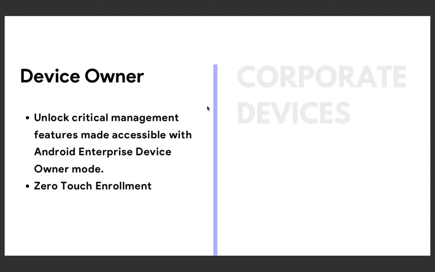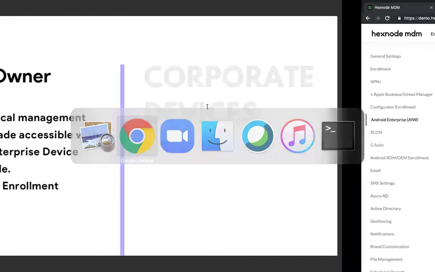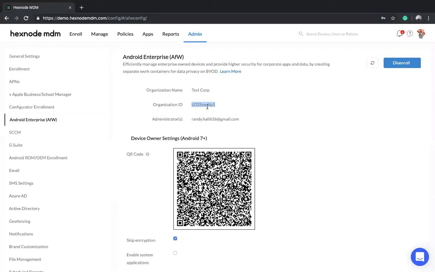So in order to do that, you can enroll devices as device owner, and that's how you can get complete control over the device. So how should enrollment be done? In order to do a device owner configuration, it has to be done from scratch on the device. So if it's an out-of-box device, like a new device, you just need to turn it on, and based on the Android version of the device, you have different mechanisms to get it enrolled as AFW or Android Enterprise